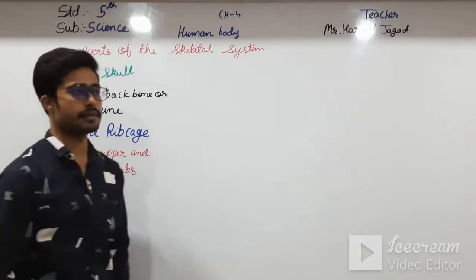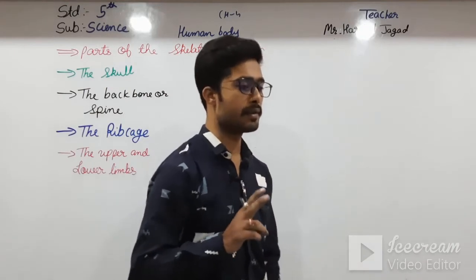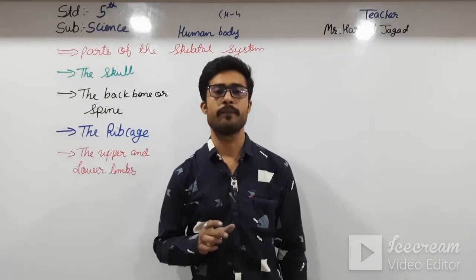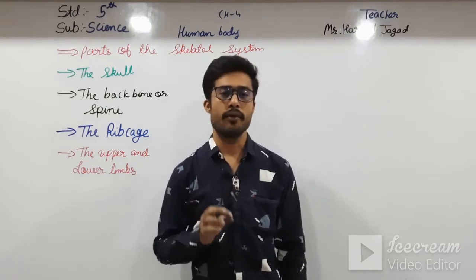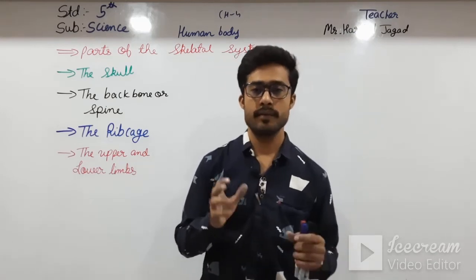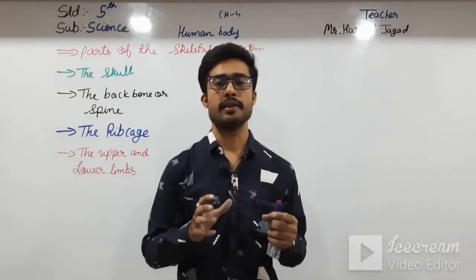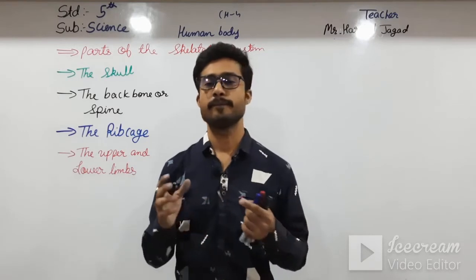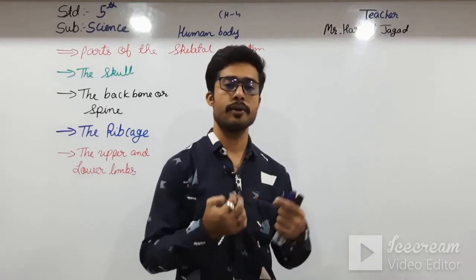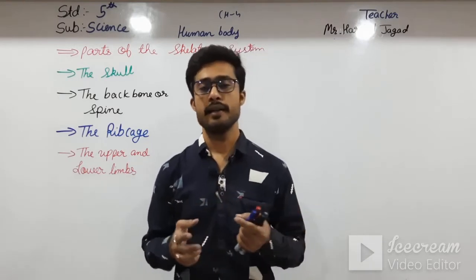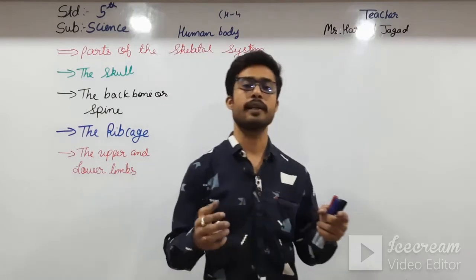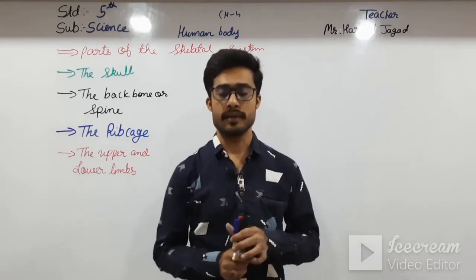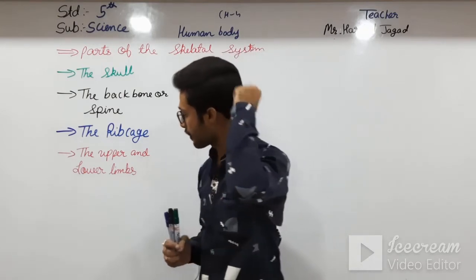In the muscular system there are two types of muscles: voluntary muscles and involuntary muscles. So first of all let us see voluntary muscles. The muscles which follow our rules, which are in our control, are voluntary muscles, and involuntary muscles, which are not in our control, are known as the involuntary muscles. Okay students, and next what we have seen was